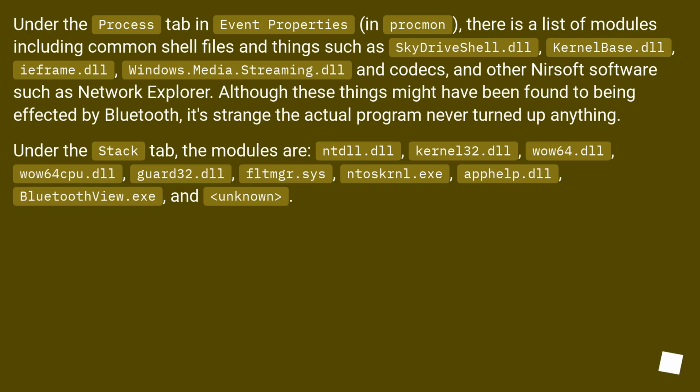Under the Process tab in Event Properties, in Procmon, there is a list of modules including common shell files and things such as SkyDriveShell.dll, kernelbase.dll, eframe.dll, windows.media.streaming.dll, and codecs, and other Microsoft software such as Network Explorer. Although these things might have been found to be affected by Bluetooth, it's strange the actual program never turned up anything. Under the Stack tab, the modules are